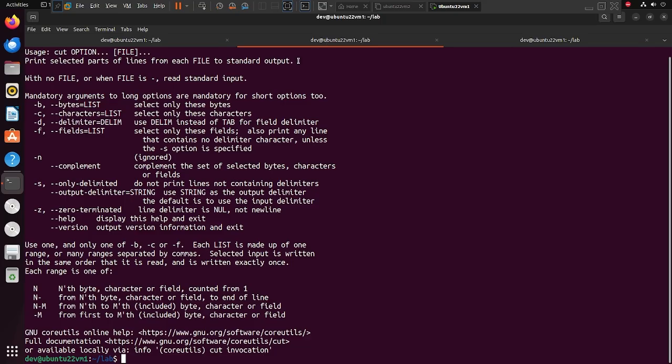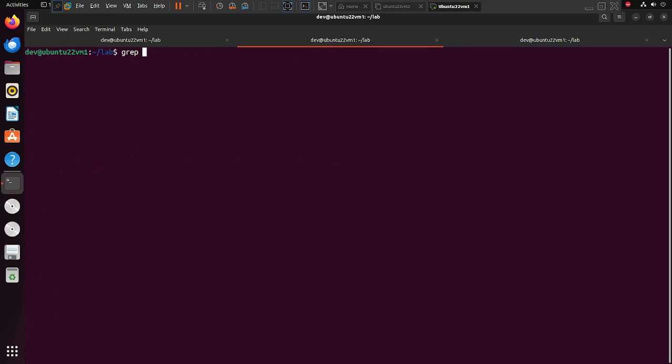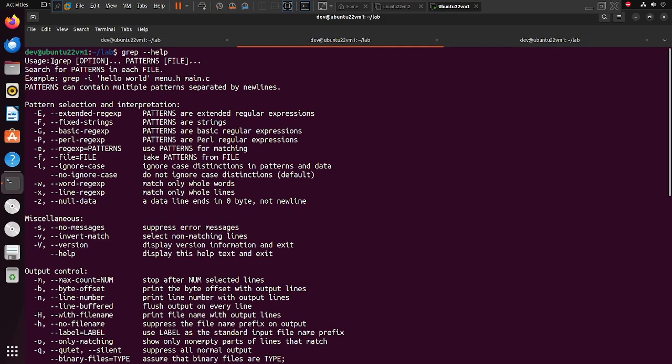columns. Now we have also another command, that is the grep command. So I am going to tell you the grep command here. grep --help. What is the syntax? grep, then option and pattern, and then file. So as you know, the grep command is used to select lines based on a pattern, right? So what are the options? We have these options, and we have to focus only on 2 or 3 options. Hyphen i means you don't want to use case sensitivity, so you have to use